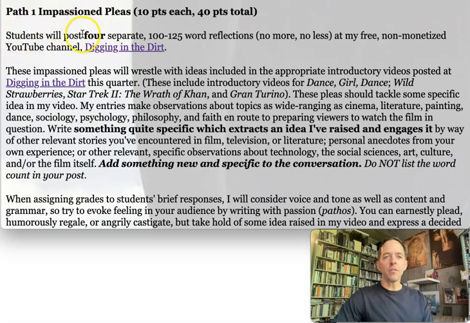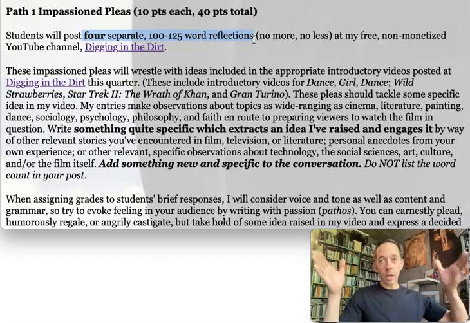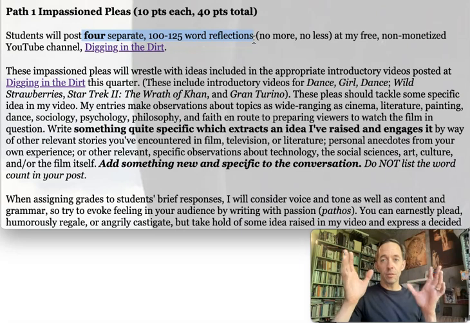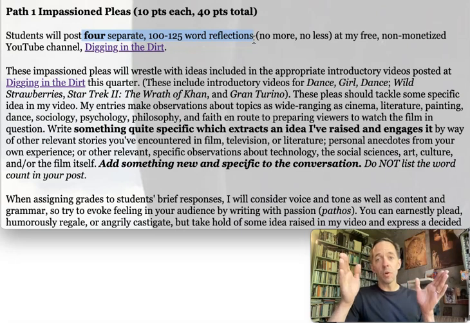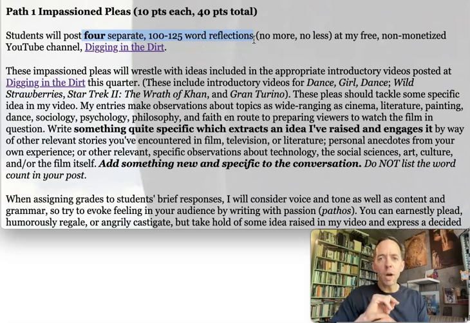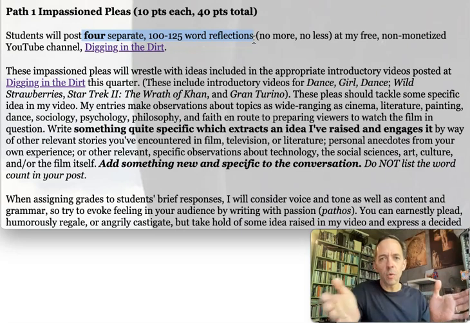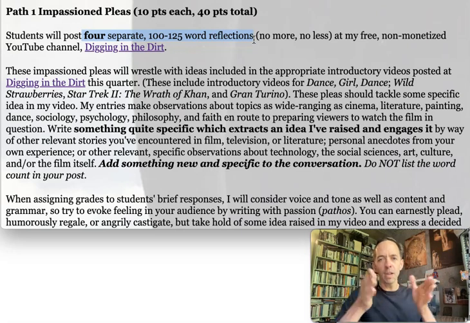Students are going to post 4 separate impassioned pleas, 125 words. This is challenging to do. You're going to have to cut. And if you're doing this well, what you originally write is going to be more than 125 words. And then you're going to have to say, oh, how do I take this prepositional phrase and turn 4 words into one single modifier, like an adjective? Oh, I just repeated myself. I can strike that sentence altogether. Perhaps I could just rearrange the words in the sentence and reduce 15 words to 10. Right? There's all kinds of ways to pare things down.